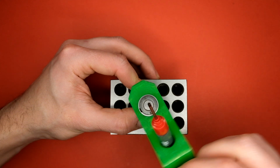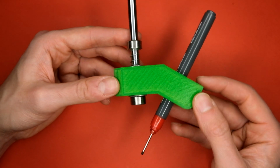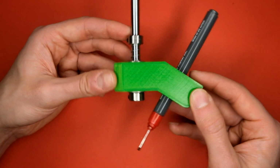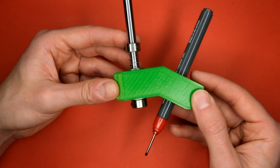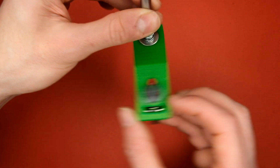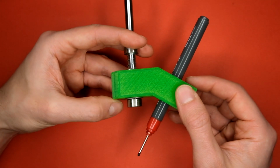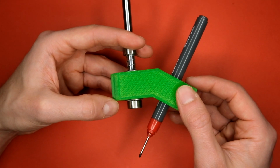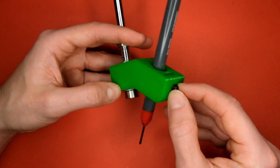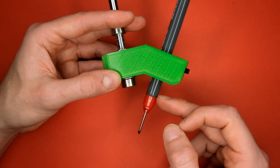When this is in position on the spindle of the CNC machine, you can then fine adjust it by lowering the device while it's in the spindle of a CNC machine downwards onto a piece of paper and rotating it. If you see that it's producing circles instead of a point, it means that the pen is not set correctly. In that instance, what you can do is loosen the grub screw ever so slightly and adjust the pen either